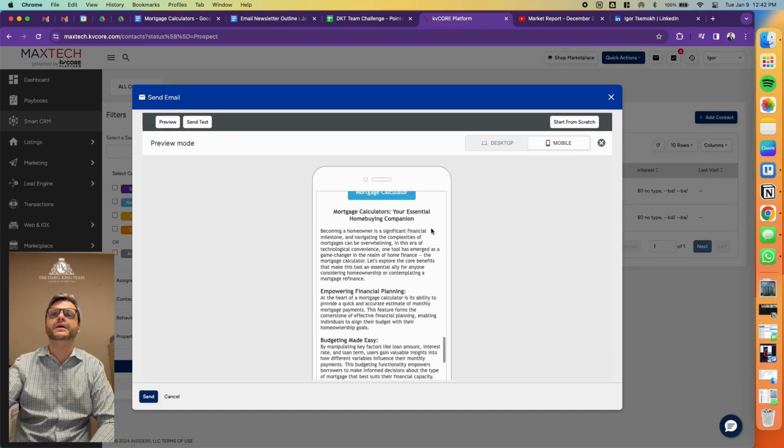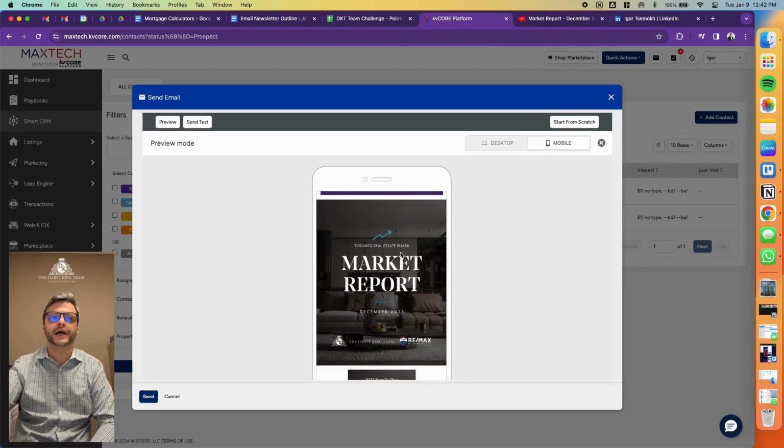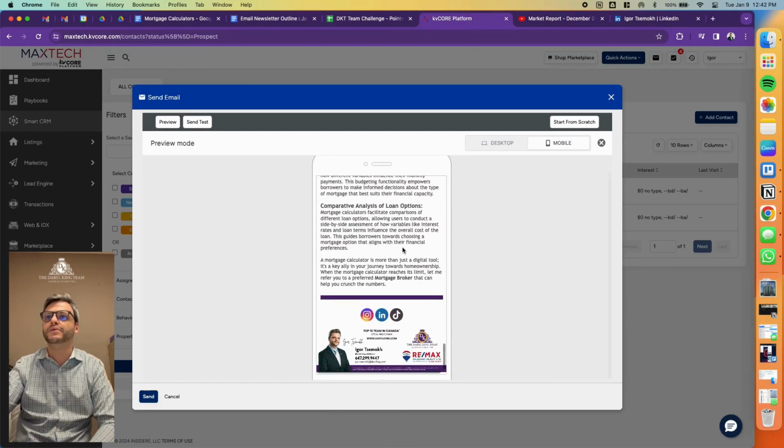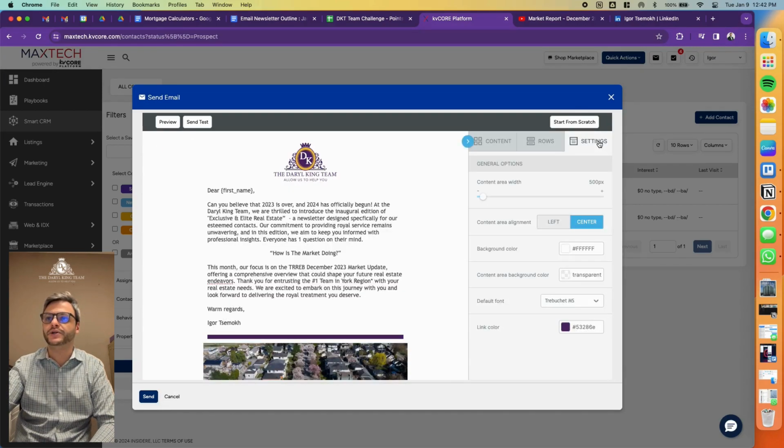You're going to see the editor screen for drag and drop. So, the first thing you want to do is look at the top row here. It says Content, Rows, Settings. Here, you will see items that you can drag and drop into your email. So, I'm going to take